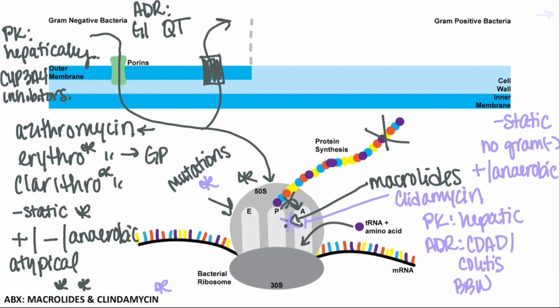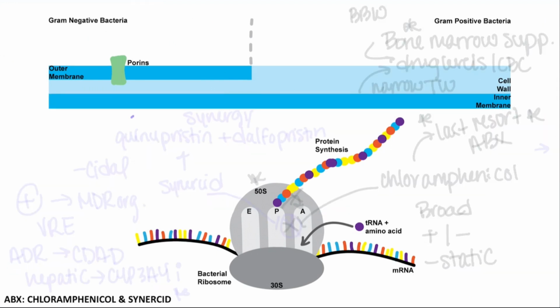So moving to our next slide. So now our next two agents are relatively less common and share essentially the same mechanism of action as the macrolides and clindamycin. So we will not rehash this mechanism of action, but remember we are still targeting that 50S ribosomal subunit in a similar fashion. So starting off with chloramphenicol,